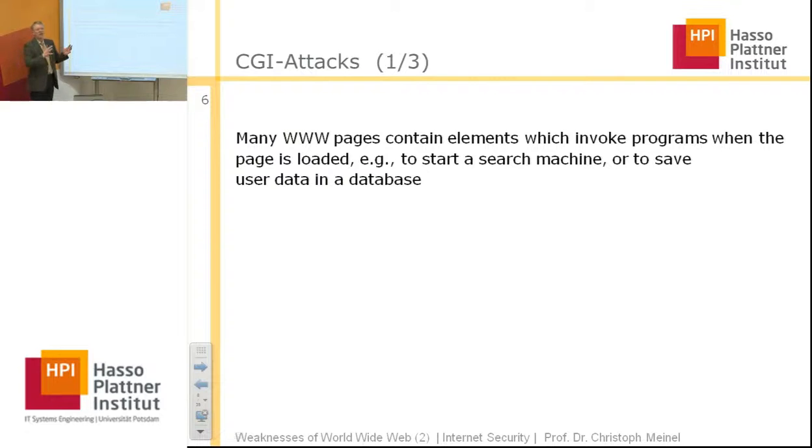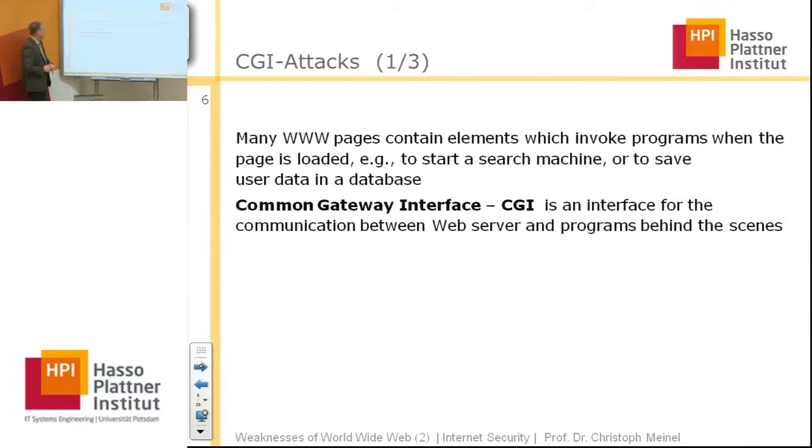Or to save some user data in an application database. Or to provide a user an overview about some data that are in a database that can be accessed over the web server. And the standard interface between the web server and the application is CGI, the Common Gateway